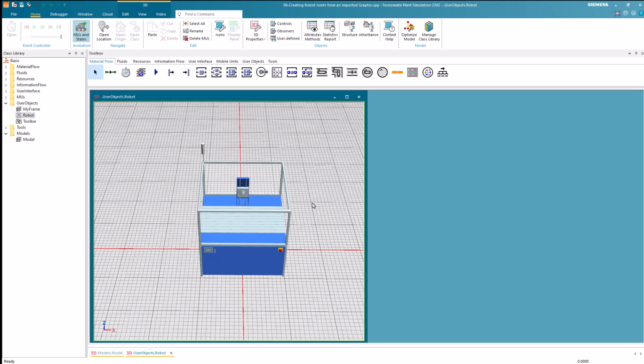This was demonstrated in the pick-and-place robot video, where we exchanged the graphics of the pick-and-place robot with those of a Comau robot stored as an S3D file. This pre-existing file already defined its joints, enabling us to utilize them for creating poses. In our scenario, we aim to replace the station with a JT file.